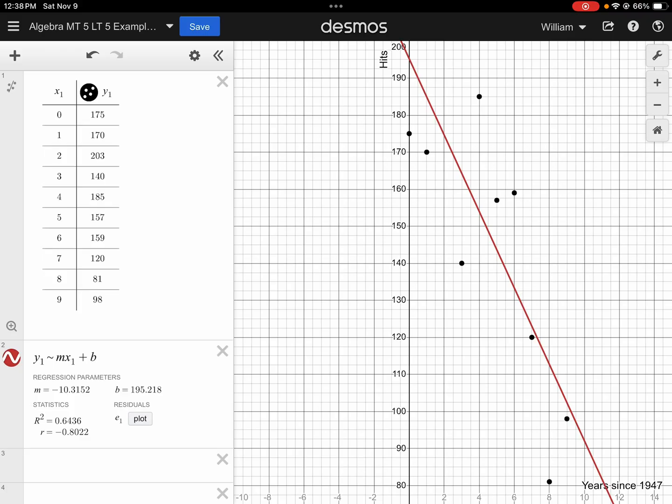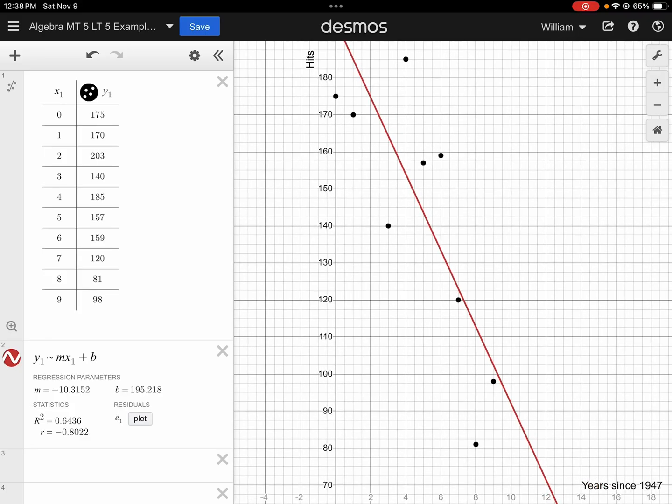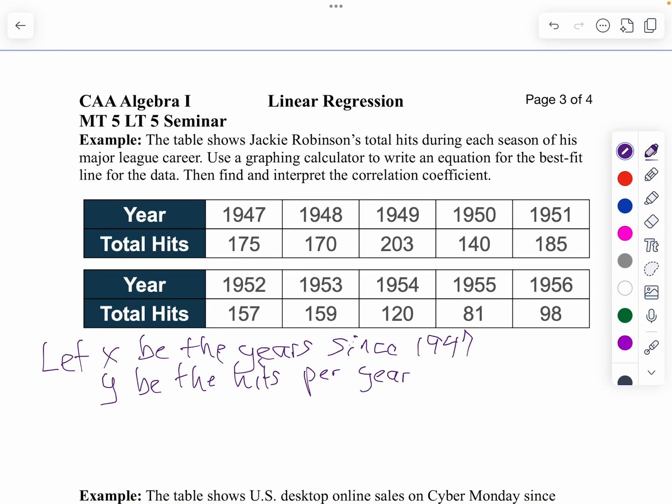And then I click on that. Now I can see it, and maybe I'll still adjust my graph so I can see it. Now notice I can see my line goes through those points. I have some points above the line, some points below the line. That looks pretty good. My equation, notice I've got my equation in the second box underneath my tilde. It says my slope is -10.3. So I'm going to say y, for my equation of line of best fit, I'm going to say y equals